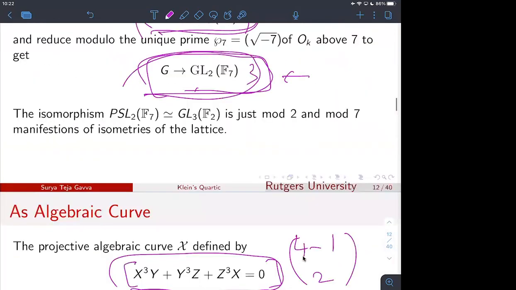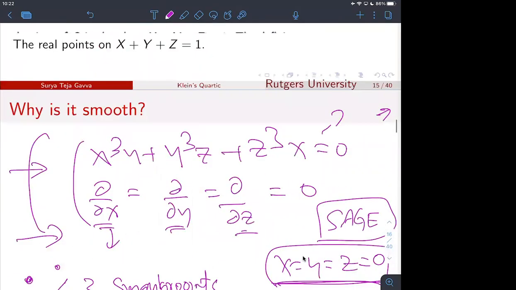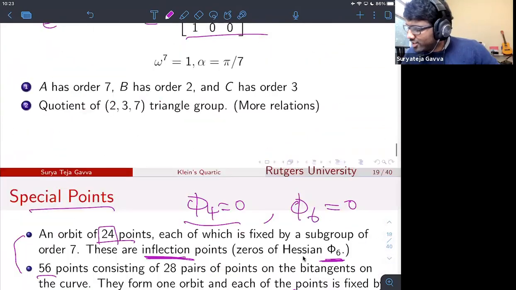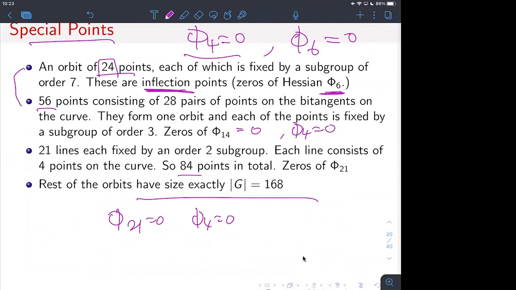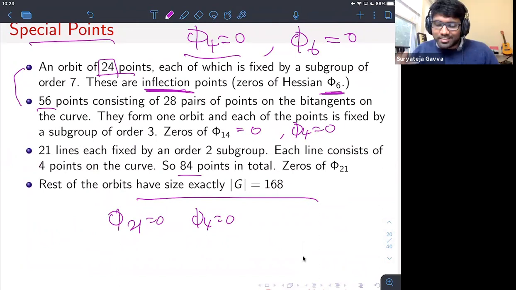Maybe there are 24 conjugacy classes of order 7 subgroups. Yeah, probably we can. You can see it purely from the group perspective, and I have to look at it. I'm not sure, but